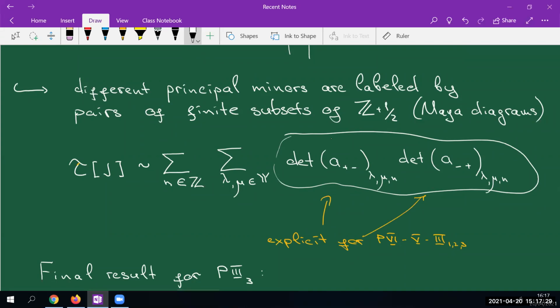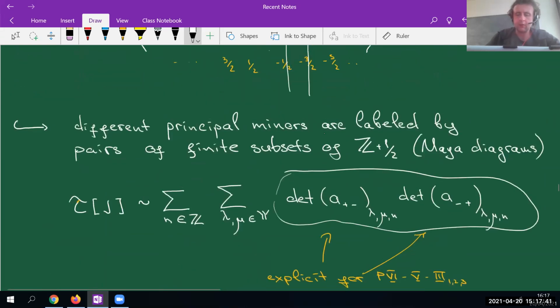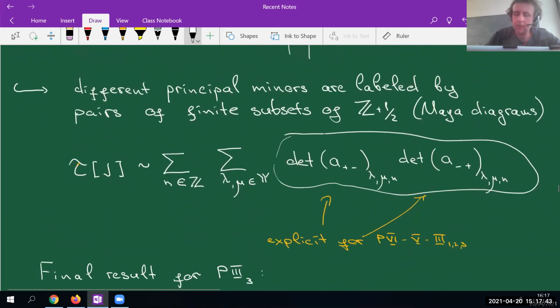I mean, it's a combination of the Van Gogh and Cauchy-Binet. Yeah, so anyhow,